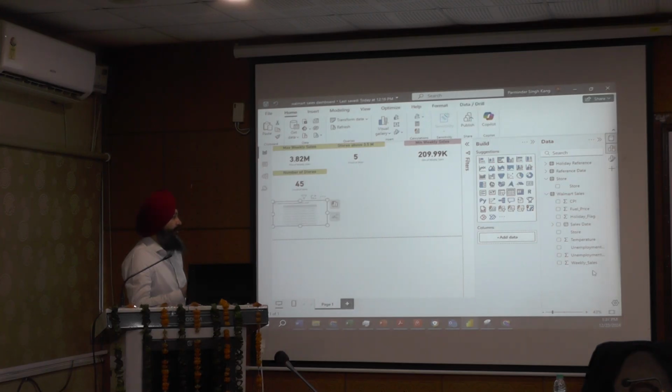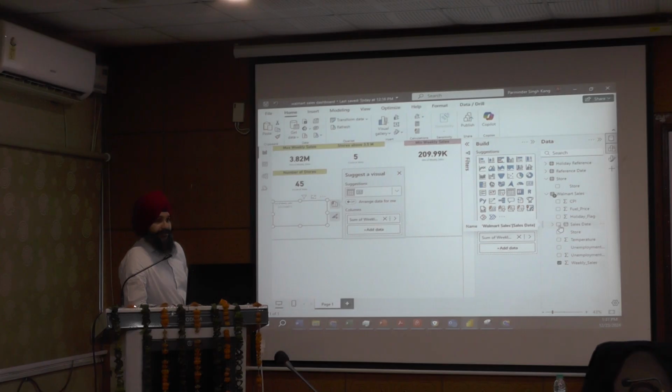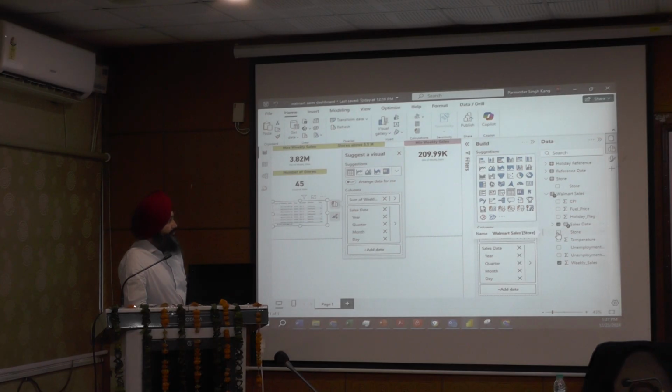So again, how do I know what I need to add to the table? So that's kind of back to the storyboard, right? I need to know what I want to present on this visual. Okay. So we know our point of interest is weekly sales. So I added that. Then of course we need date as well, right? Because it's weekly data. And also we have individual stores. So I added that too. So in that way my data is nicely sliced and diced based on date and